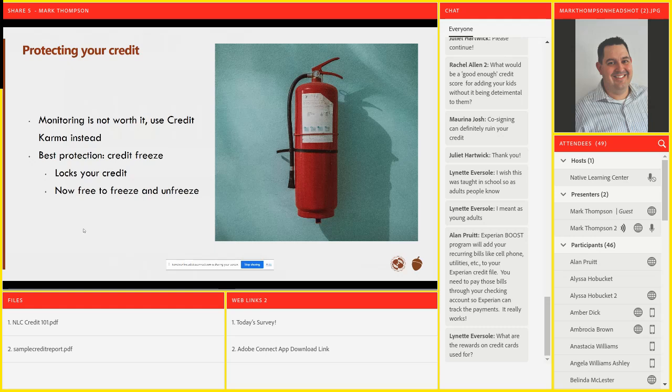What a credit freeze is, and this is something that I've had for many, many years, is you get it with each of the different bureaus. We talked about the three main bureaus, Equifax, Experian, and TransUnion. You go to them and say, I want you to freeze my credit. Unless you have this code, they're going to issue you a code, nobody can open credit in your name. All right.